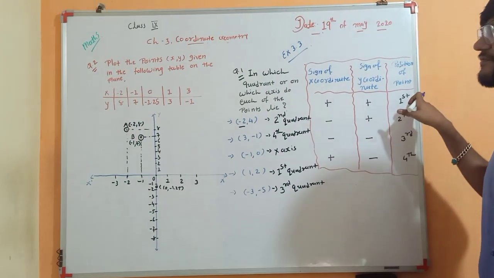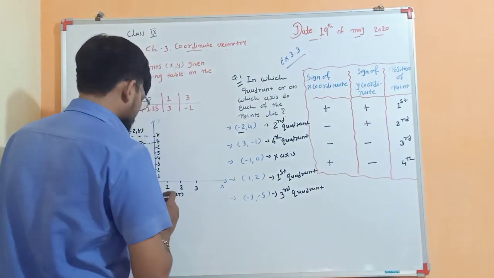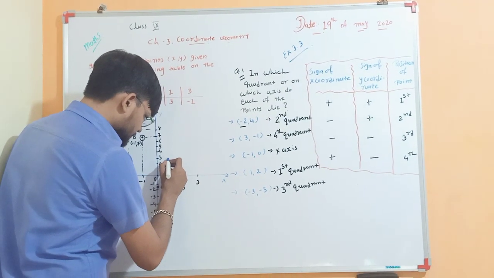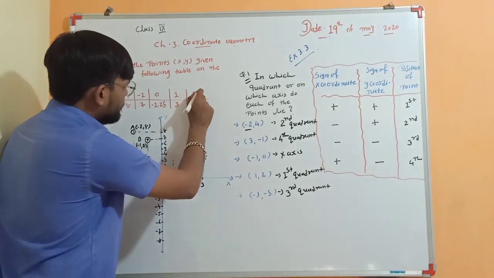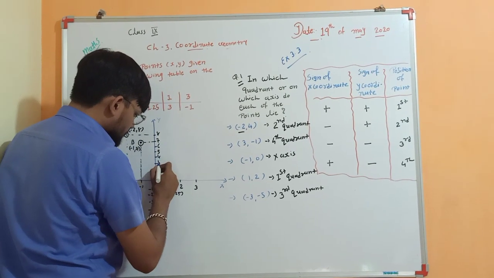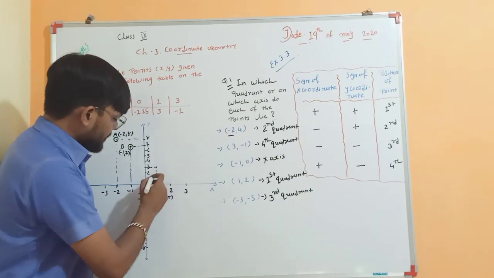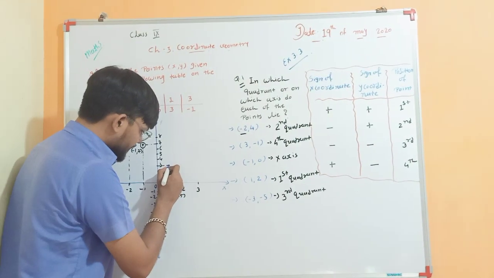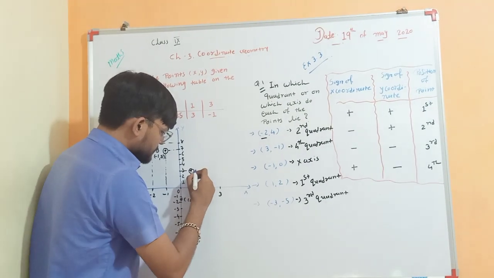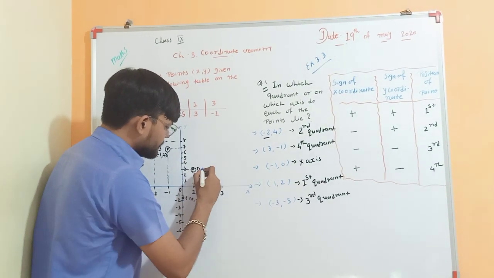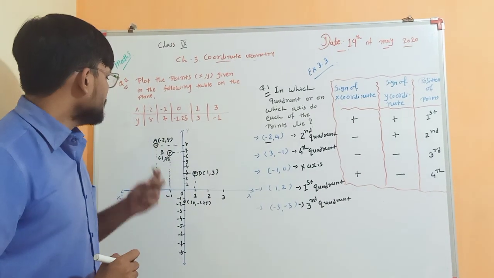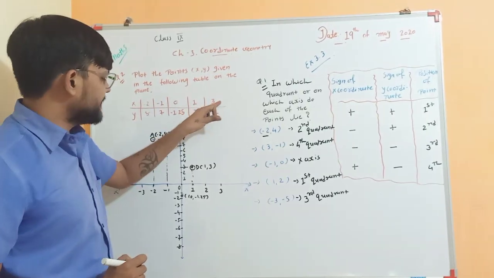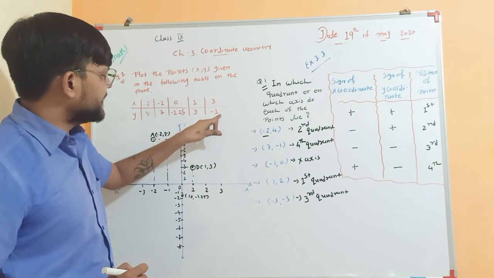It must lie in the first quadrant. So from the x coordinate 1, I have to draw a perpendicular line, and from the y coordinate 3, I have to draw a perpendicular line, and both lines intersect each other at this point, right? The name is D, having x coordinate 1 and y coordinate 3. Now the last one is x coordinate 3 and y coordinate -1.